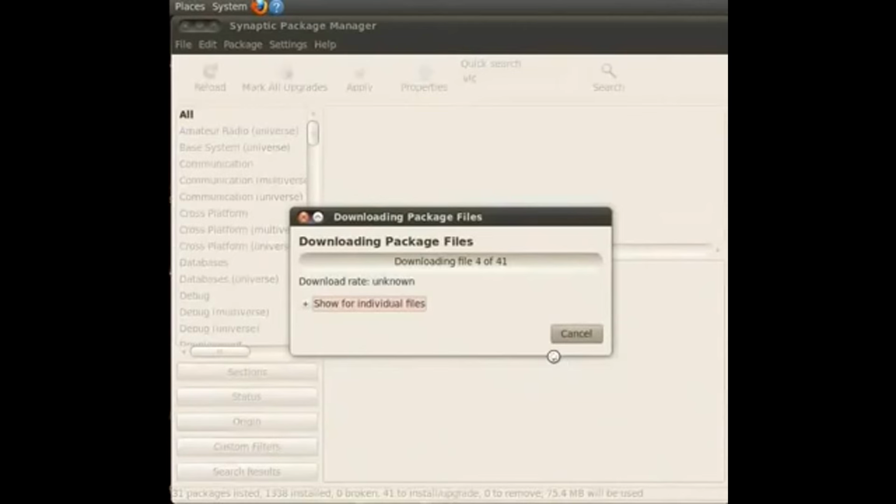The process of installation takes some time depending on the number and size of the packages to be installed. As before, this may take a while. Downloading package file window will be closed as soon as the installation gets completed.